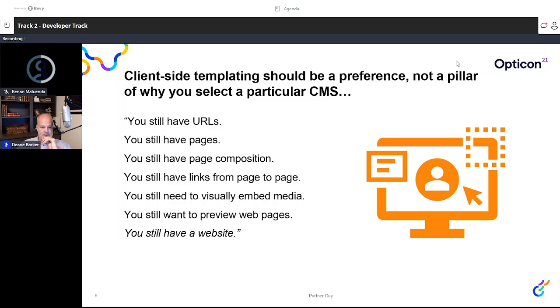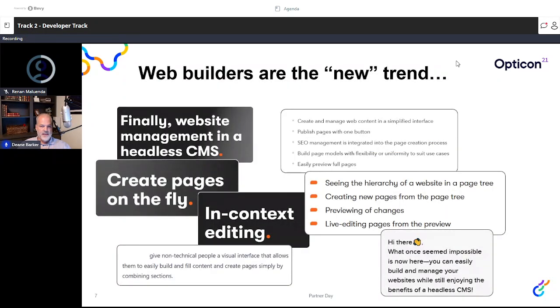And the reason for that is there's a big trend we're seeing in the headless market, which drives me a little bit up the wall. And the big trend that we're seeing is this idea of website builders. Several of our pure headless competitors have come out with website builders. And these are a series of screen caps I took just from various competitor websites. I don't identify anybody here, but